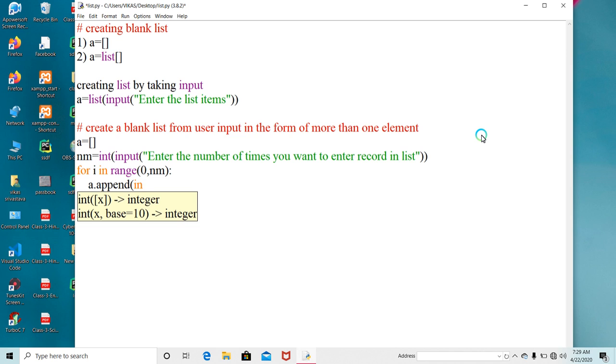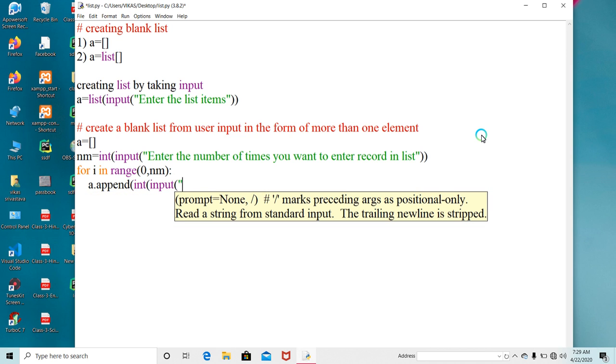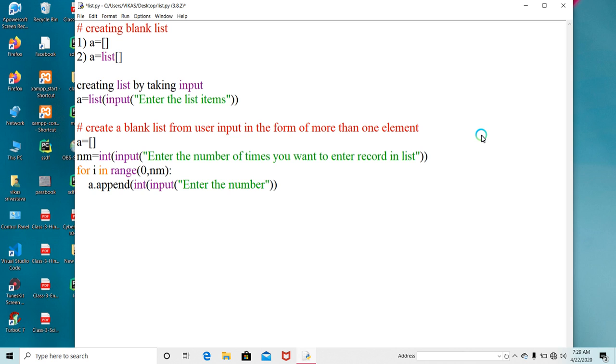So here I will write int in the bracket input, enter the number, if you want to create it in the form of integers, you have to use this, and then after here print a. See here one example program I will show.